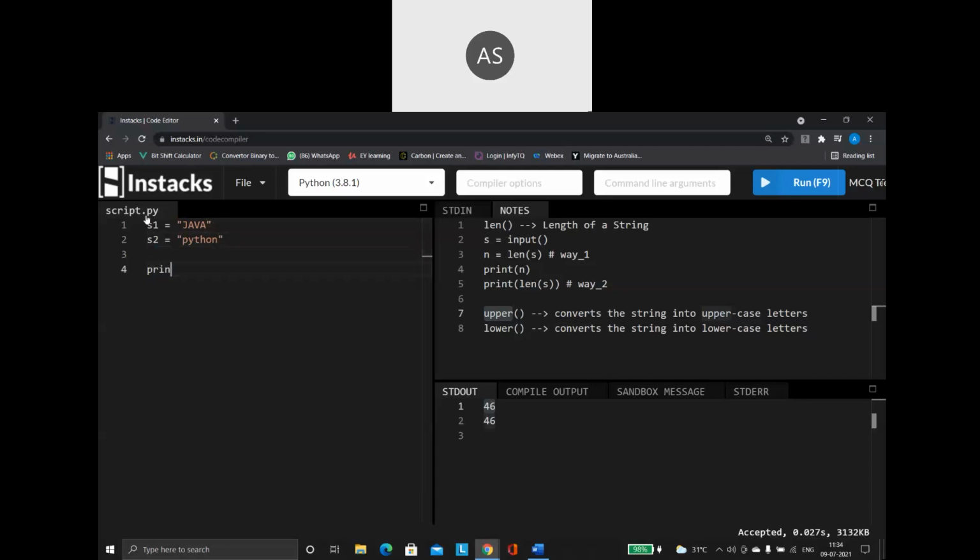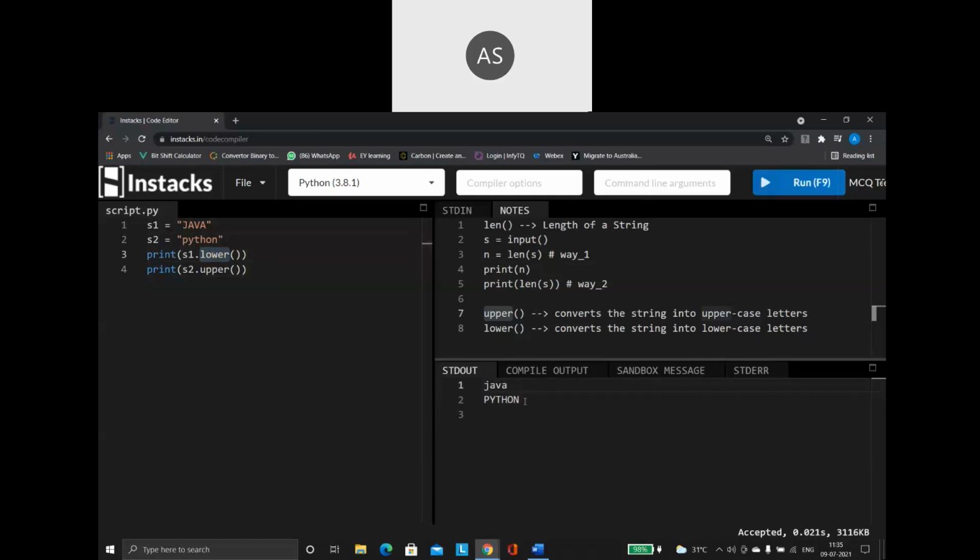Now say print S1 dot lower, then print S2 dot upper. Remember, all these are string functions, just like what I used for format. So the syntax is string dot function name. Run this and see what you get.